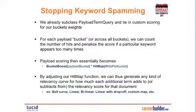So you can imagine building functions where you have like a bell curve where the more hits you get, it's really good up to a point and then it starts going down. You could do linear, bilinear, linear with some kind of drop-off, or you could just have a complete custom map for each individual hit. It will map to a certain contribution towards the relevancy. That's our scoring model, or at least some of the changes and additions we've made to Solr